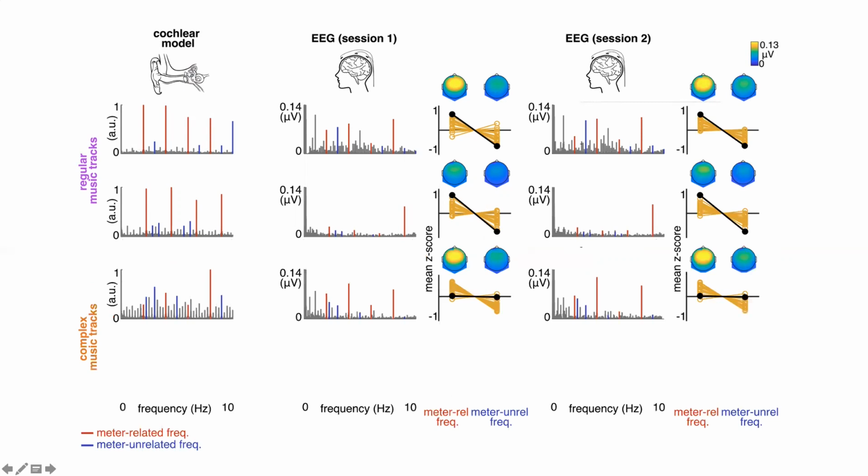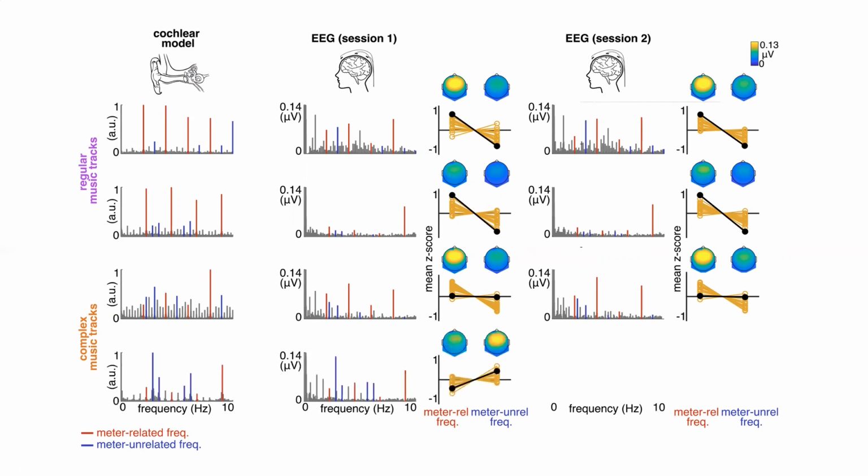Now, for the first complex track, the stimulus didn't have prominent meter frequencies in its acoustic modulations, but the brain selectively amplified these periodicities in the first and in the second session. Now, here is the track where many participants struggled to perceive a stable meter. And unsurprisingly, the prominence of meter frequencies was super low in the sensory inputs. And while the brain response did significantly enhance this prominence, meter frequencies were still not standing out in the EEG responses. Interestingly, the brain seemed to enhance meter frequency slightly more in the second session, which we can see when